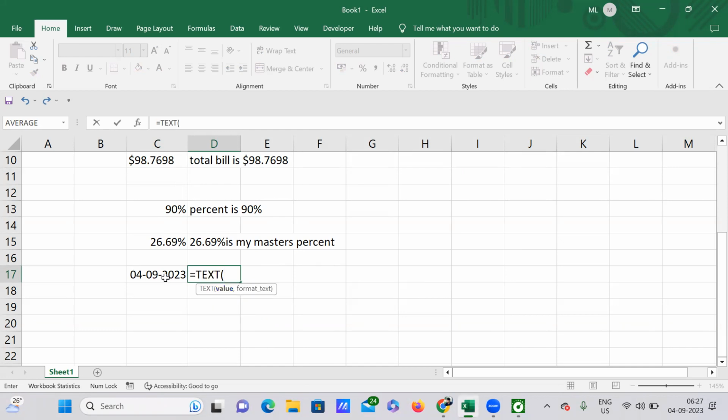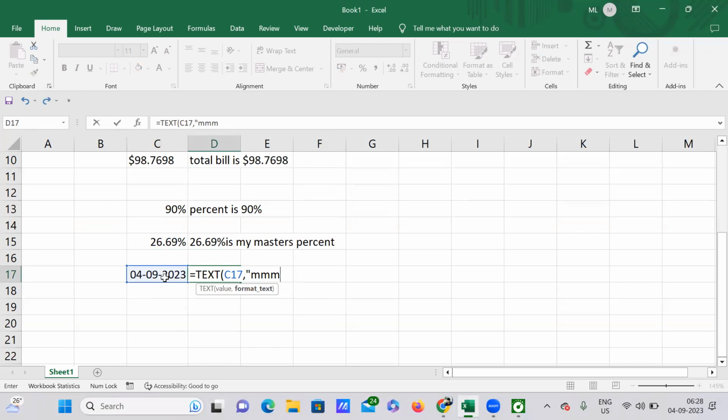After that, select the value and then type quotes. Here you can use month, day, and year format. For example, what is the month here? So the month is September. So what you can do is pass MMM, in the sense SEP, September, and